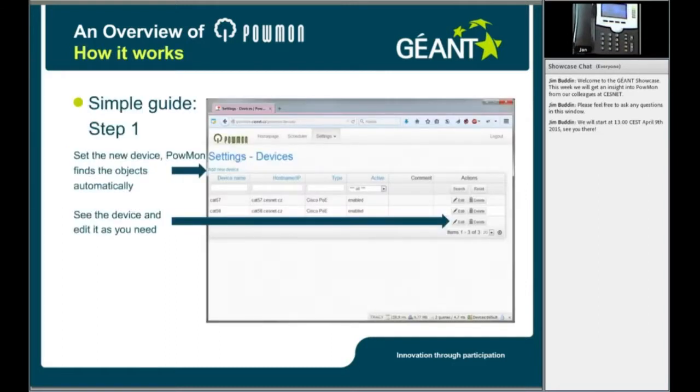So before we come to a live demo, there is a simple description with some screenshots, and there you can see the environment of the software is really user-friendly, and it enables controlling of many devices. And when you want to control or operate or manage a device by PowMon, you have to set